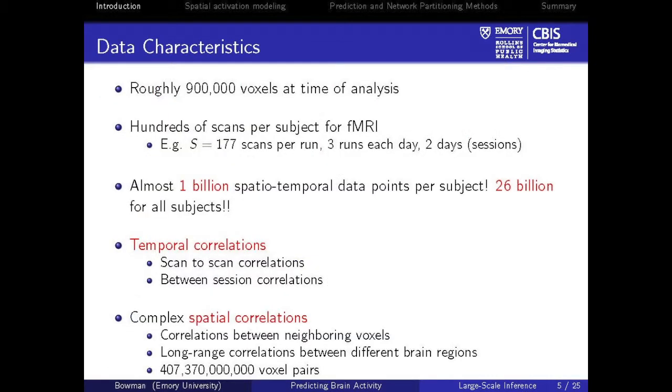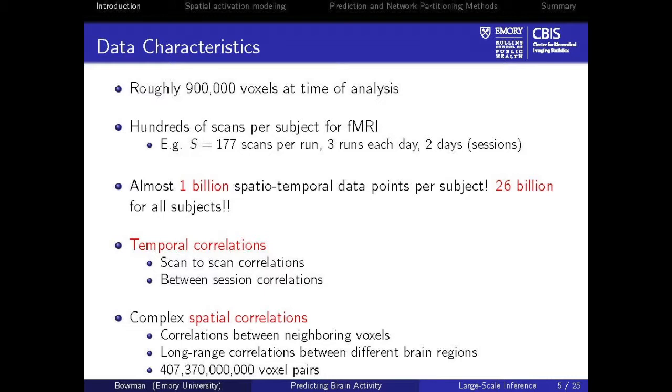All right, so just a summary of some of the characteristics of the data. At the time of analysis, after the pre-processing, there are roughly 900,000, in fact, over 900,000 voxels. Not all of them fall in the brain. You can do smart things like throw away voxels that are not in the brain to help solve some of the computing demands, but that would still cut it down to maybe 300,000 or so unless you restricted it to regions of interest.